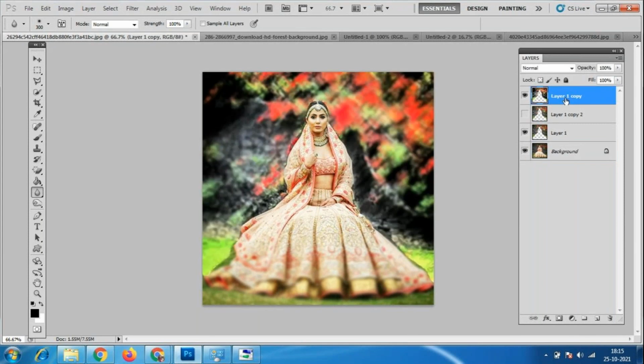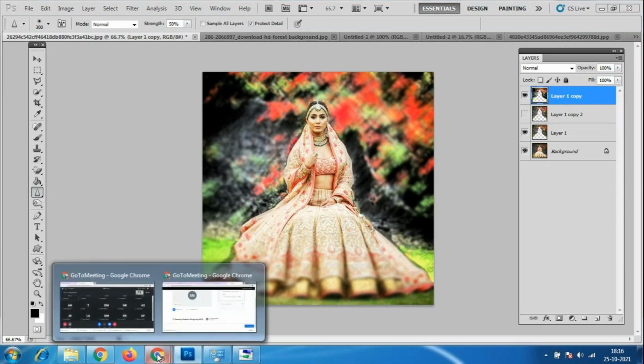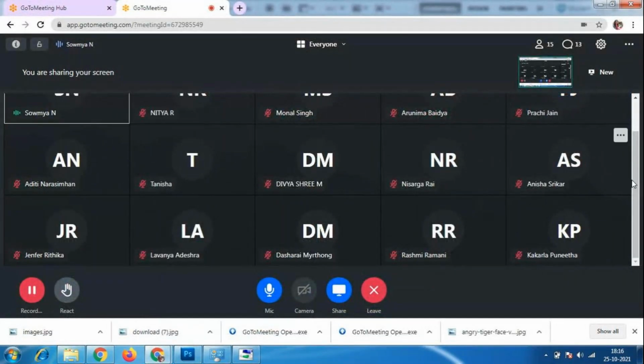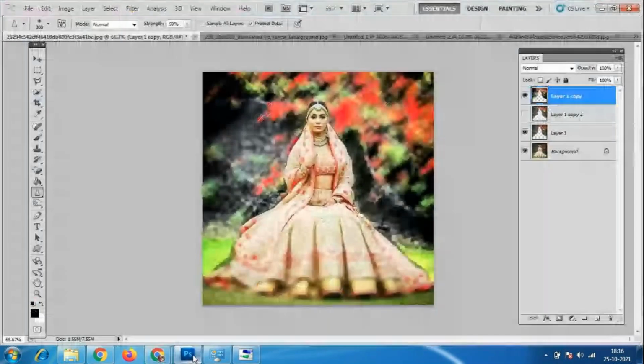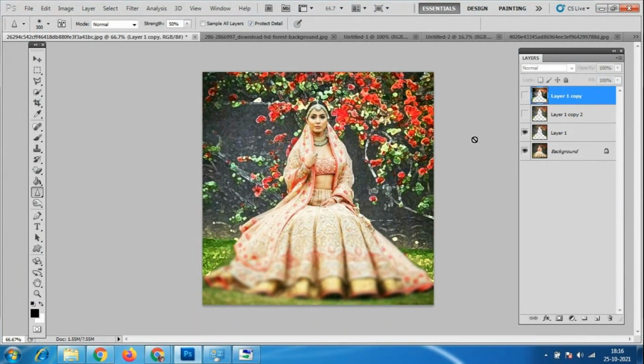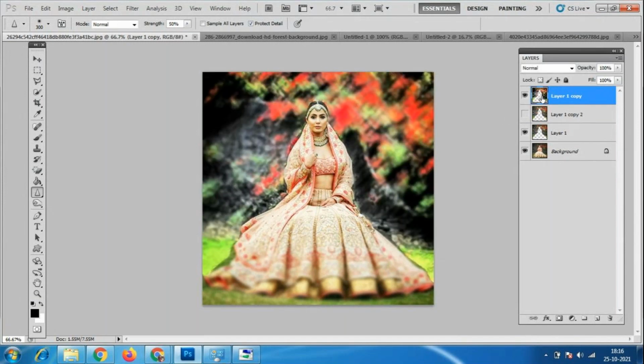Okay, so now I will go to the sharpen tool. Is that clear? Somebody asked me the question. Is that clear? Yes, ma'am. So we have to always keep things in a different layer in Photoshop. Then only it is possible, because if I don't want this effect and want it as it was before, at that time I can turn off this layer. Otherwise I have to remove this blur. I'll make it sharp.